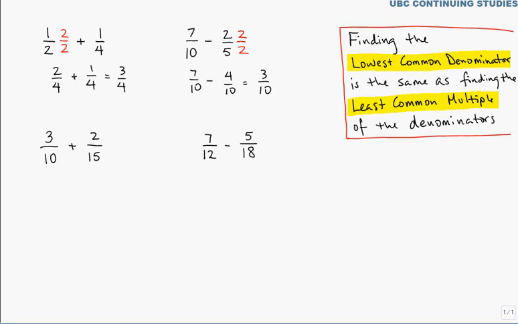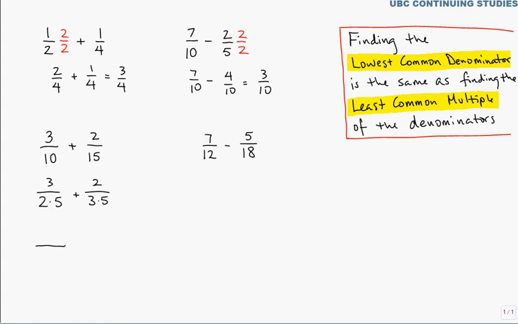When the denominators are a little trickier, a little harder to find the least common multiple or lowest common denominator, here's a technique that works. 10 and 15. What's the greatest common factor of 10 and 15? It's 5. So what we can do is break apart these denominators into factors. 2 times 5 and 3 times 5. Now, what's the point of doing this? Well, remember, the lowest common multiple just simply has one of each of those factors. And so, to create a common denominator, I just need to have a 2, a 5,